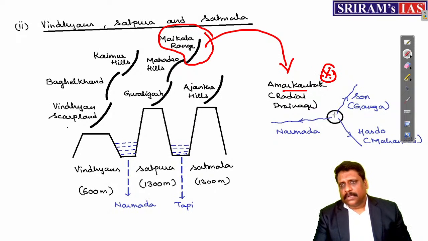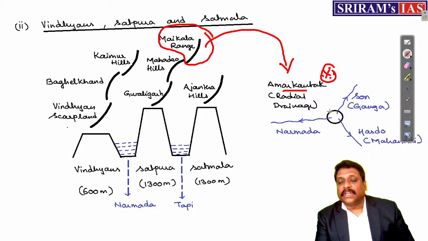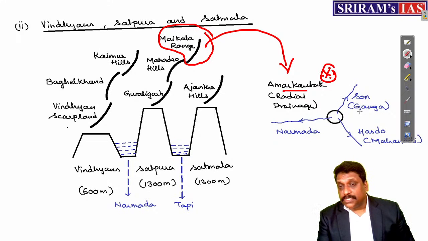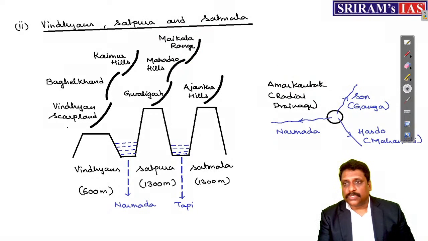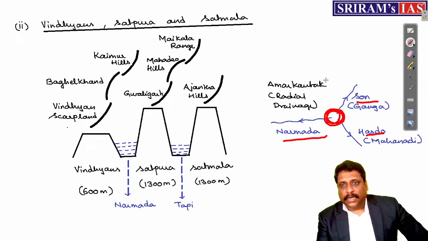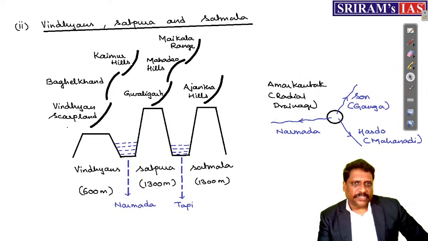It's a very important river. For example, somewhere I said, to justify a mountain as an example of radial drainage, the minimum number of rivers needed is 3. And these 3 rivers should be flowing in 3 different directions. In that way, we have rivers like Narmada, we have rivers like Son. Son is the largest peninsular tributary of Ganga. We have tributaries like Hasdo. Hasdo is one of the major tributaries of Mahanadi. So Narmada, Son and Hasdo. Many rivers are there, only these 3 examples I am taking, because all 3 are major examples. Amarkantak Hill itself has become one very important example of radial drainage as such.